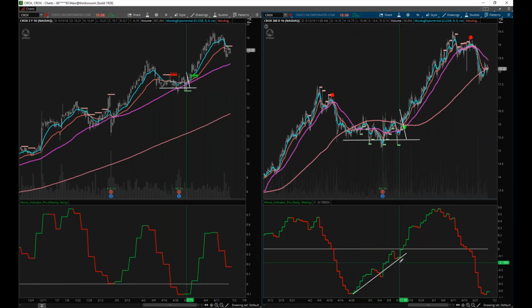Remember the checklist. We have our divergence, which is starting to give us pressure for this thing. We have a reason for price to move because it looks like it might be bouncing off of the daily 50. And then we have the rule. We have price over the moving averages, and we have the Moxie indicator crossing through 0, which gives us our price trigger. And look at all these green Moxie warnings coming into this thing. I don't know how many more heads up we can get that this is going to be a clear move. And so you enter right here, and you just let this thing walk itself up the hourly 50.